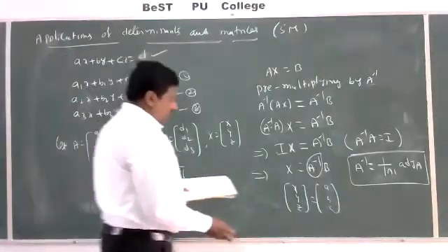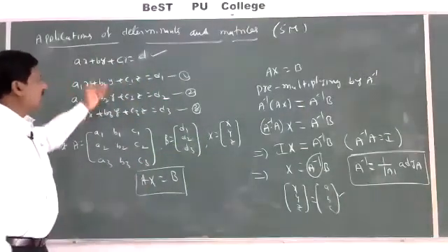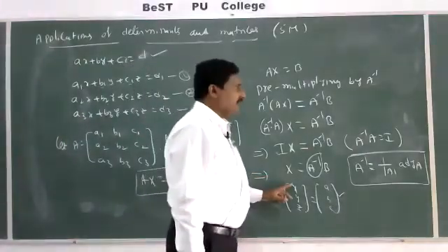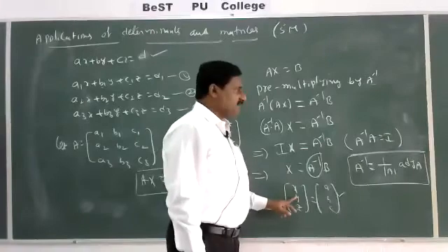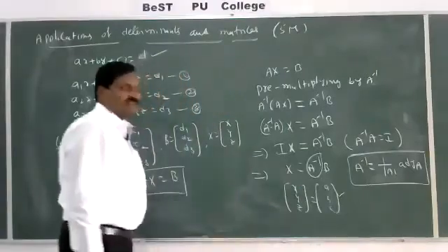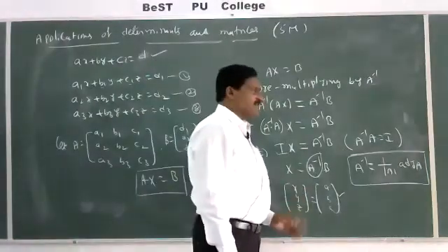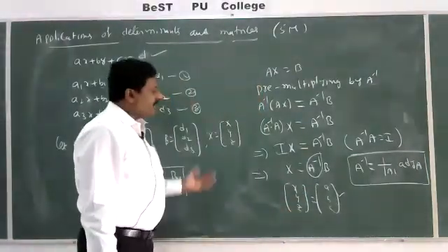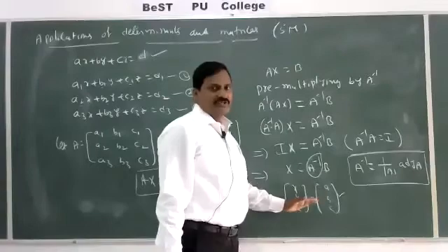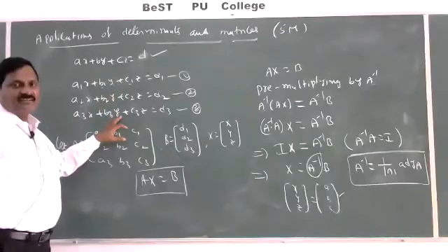Suppose you get a unique solution or a number of solutions for these equations, then the system is called a consistent system. Unique solution means we get only one particular value for each of x, y, z. In some cases we get more than one value for x, y, z. If you get the solution for these three equations by the matrix method, either a unique solution or more solutions, then the given system is called a consistent system.